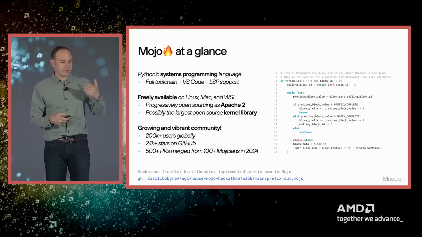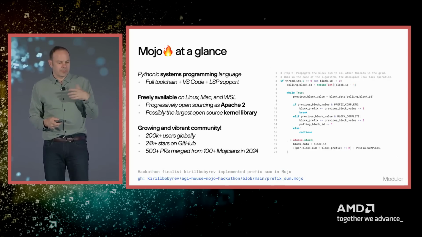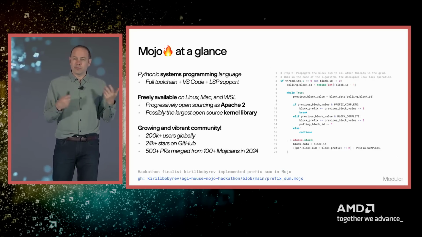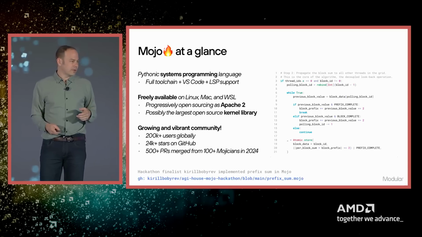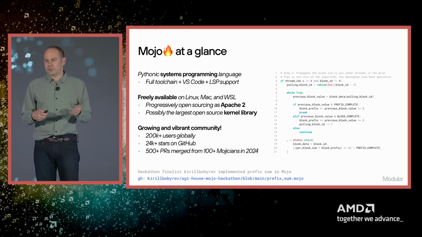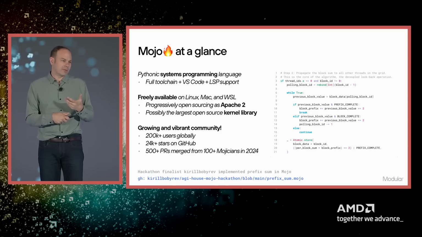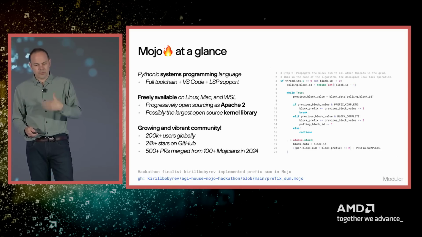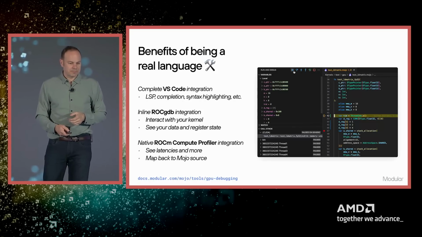Now, Mojo's predominantly open source. You can go download it. It runs on Linux, Mac, Windows, all this kind of stuff. By the way, we have hundreds of thousands of lines of GPU kernels. Please check it out on our GitHub. We also have an amazing community. And throughout this talk, I'll include links, and so you can see examples of what some of the random amazing people in our community are doing. And so please check it out, not just from our site, but on other people's websites as well.